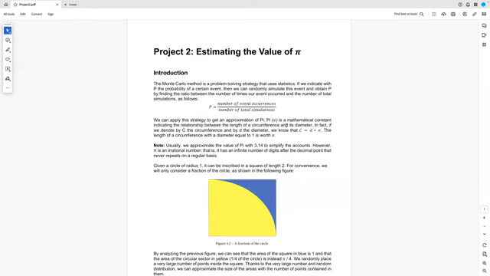which is a mathematical constant. I'm sure you're all familiar with that. And it shows a relationship between the length of the circumference of a circle and its diameter, right? So if you have the circumference of,